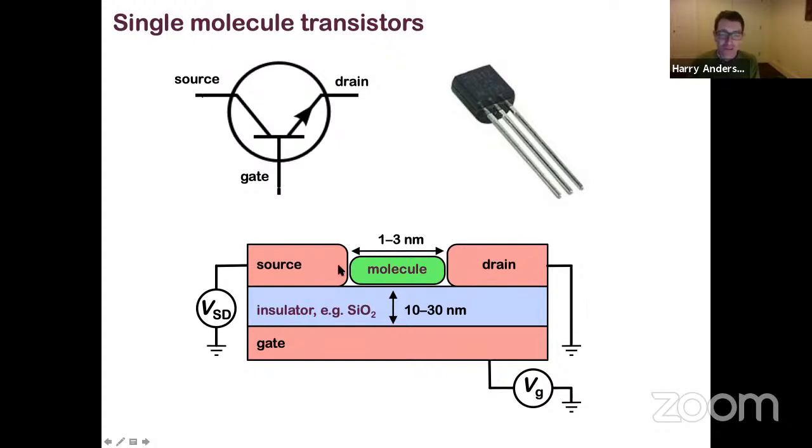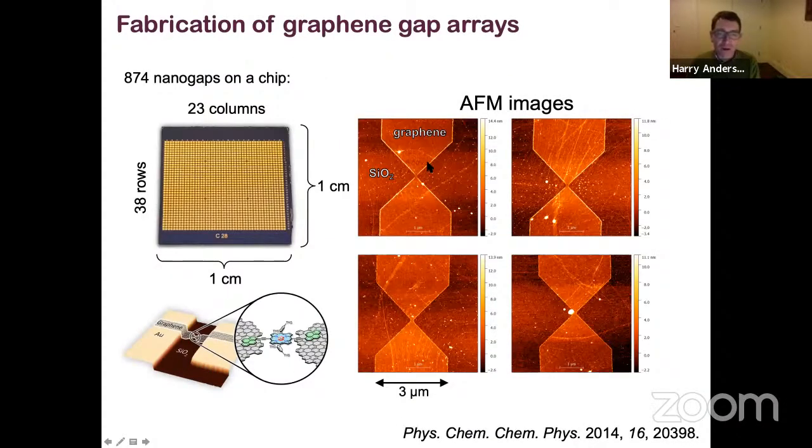So you can control the current flowing through the molecule by changing the gate potential, just like you would in a normal transistor. And we make these devices using a silicon substrate. So the gate is made of silicon with silicon dioxide insulator, and then graphene for the source and the drain. So we fabricate by electron beam lithography these hourglass-shaped bits of graphene with a very narrow constriction, and then